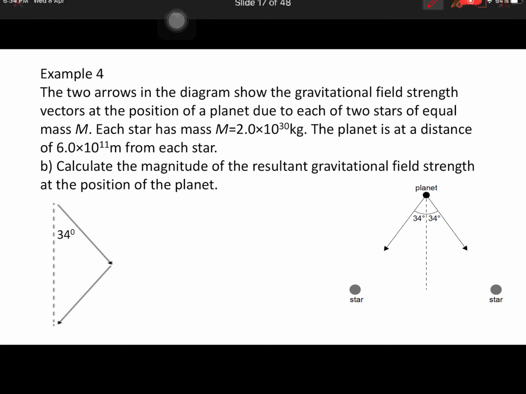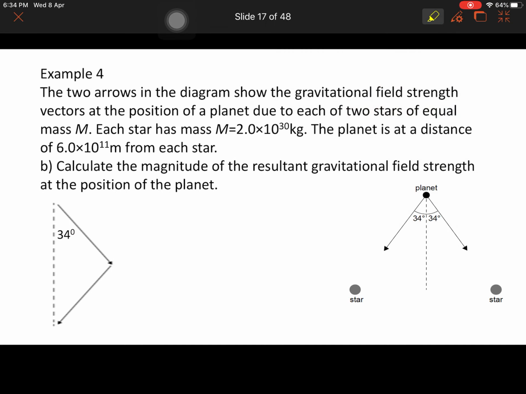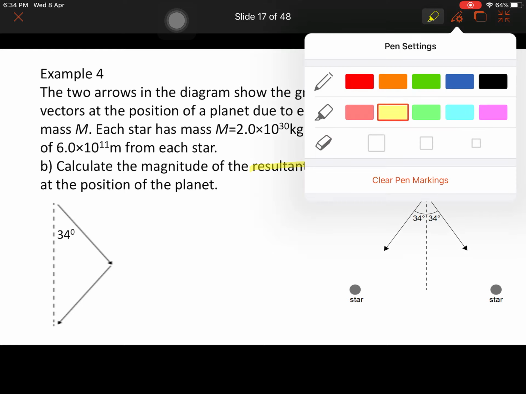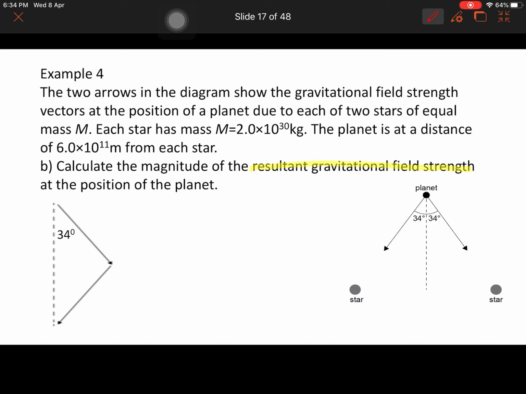Okay, now part B. Part B asks us to find the resultant gravitational field strength. Now, remember, gravitational field strength is a vector. So since it's a vector, I can use a vector diagram, which is that tail to head plus this vector here. I'm going to bring it down, tail to head. Resultant vector is from first tail to last head, which is the same as the diagram that I've drawn